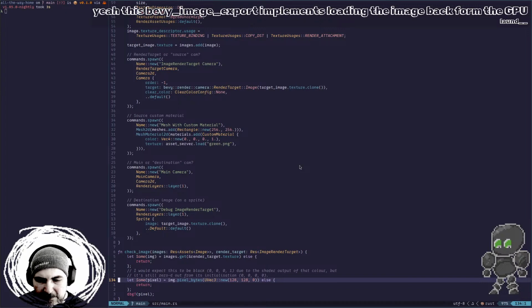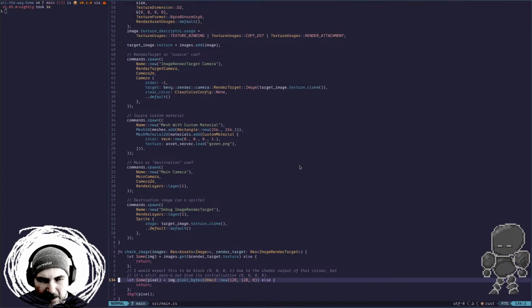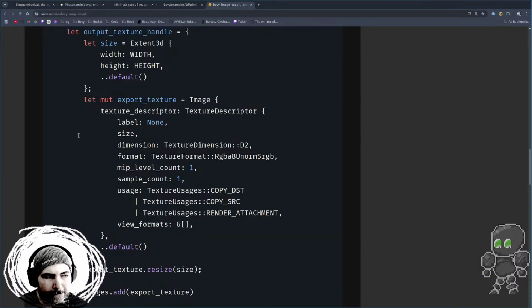And it could be that I'm accessing the pixels wrong. It could be that I'm misunderstanding the way the image data works. But I just don't have enough information yet. Loads the image back from the GPU, right? So it's not quite doing what we're doing. Not that that's bad. And I've considered